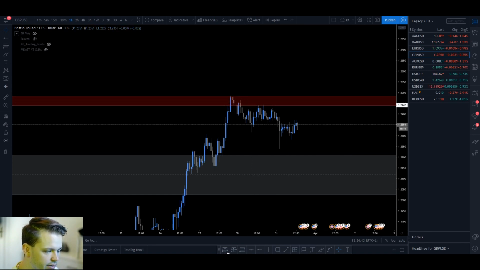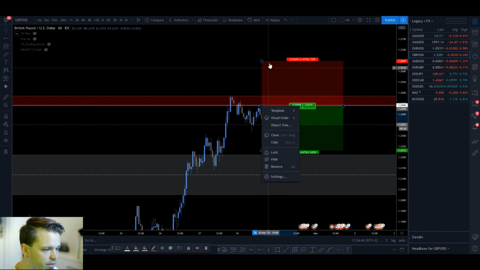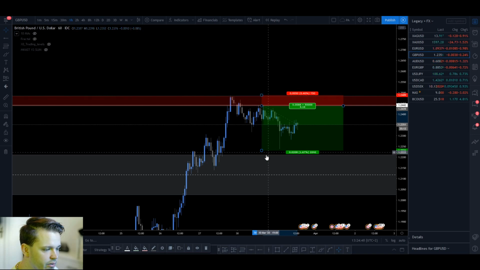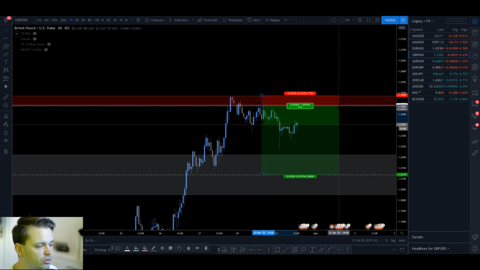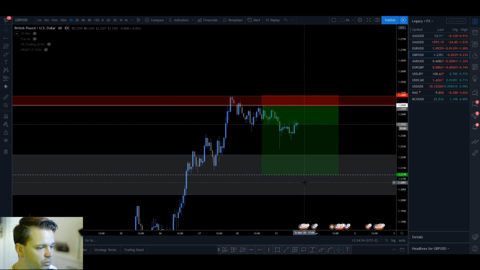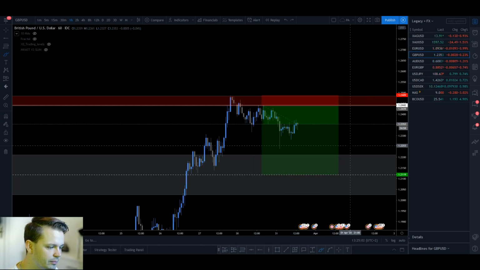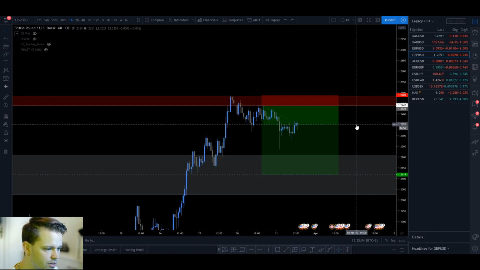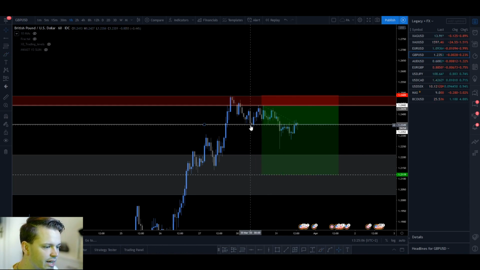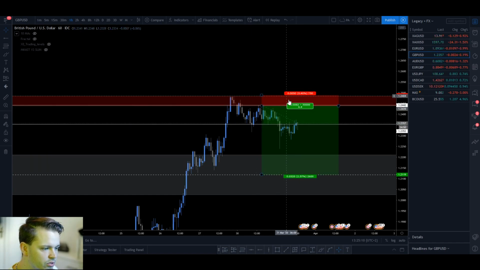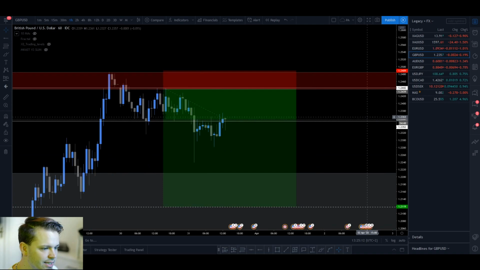So you had the entry right here, right? The stop loss up here. And when would you want to move your stop to entry? Well, I think as soon as you broke this level to the downside. Let's make that a horizontal instead. As soon as you broke that area to the downside, that's when you want to move your stop, right? Because you can see that this